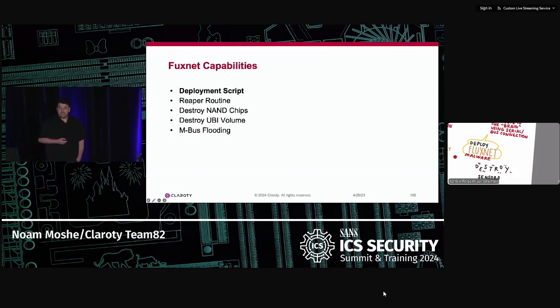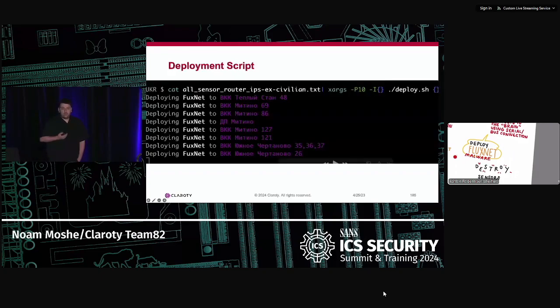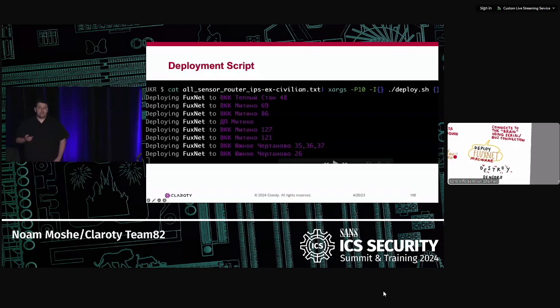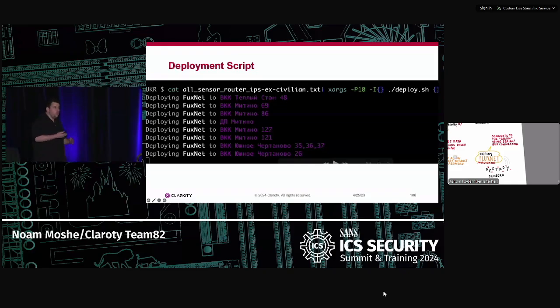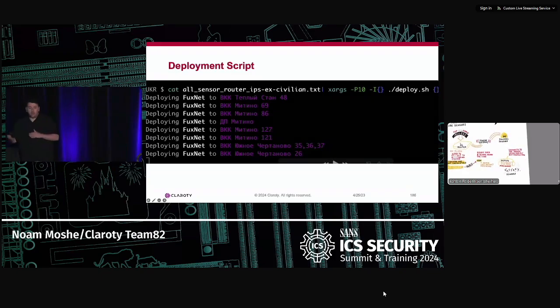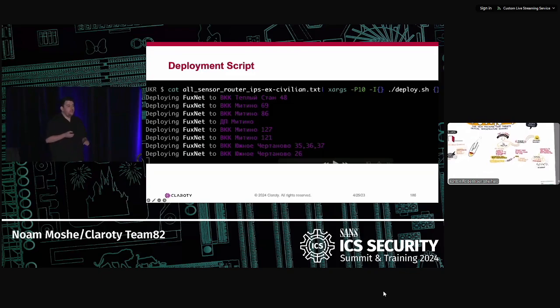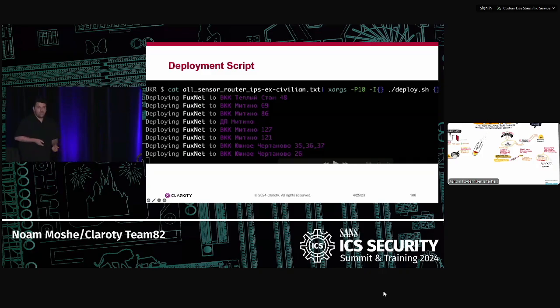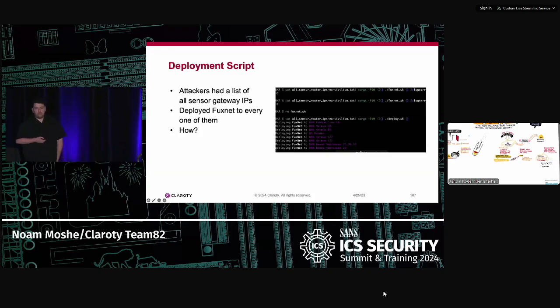and what it actually does. So first, we noticed this very simple deployment script that basically received a wide list of all the IP addresses of all the different Sensors gateways. And the only thing it does is distribute the FuxNet malware to each one of these Sensors gateways with the goal of infecting them. And from this list, we can see that they target each and every one of them,